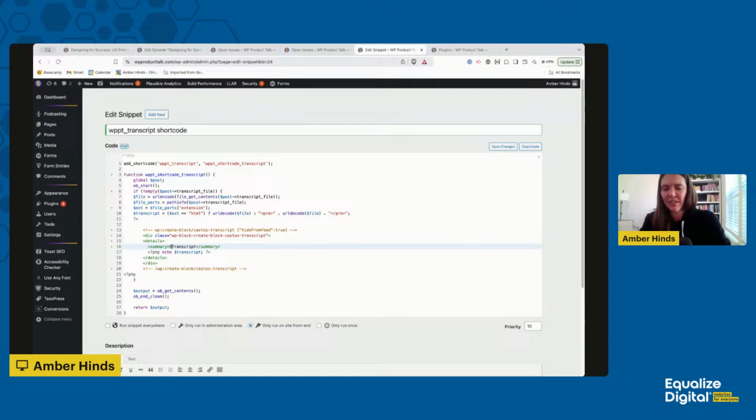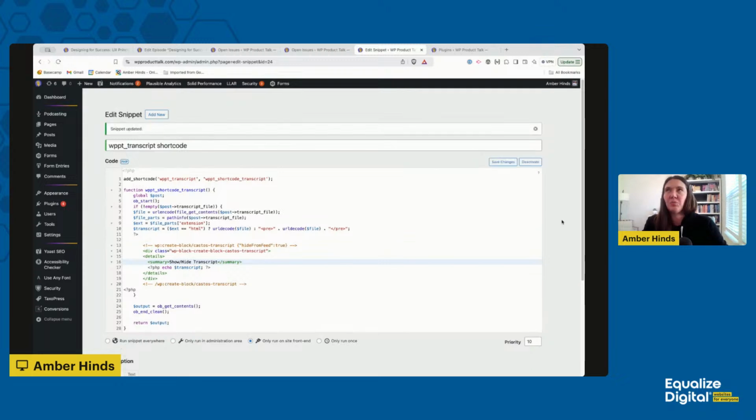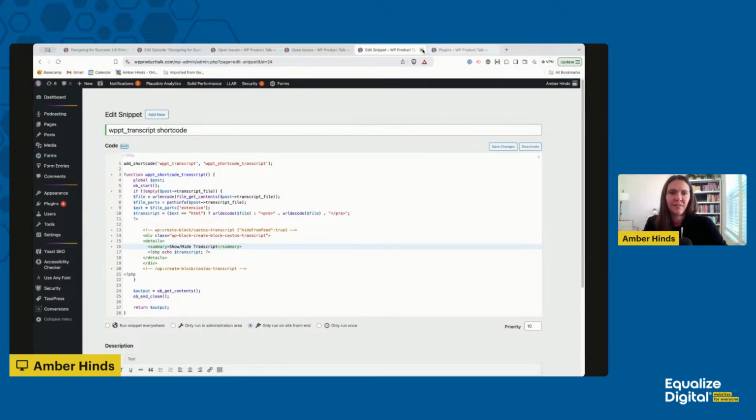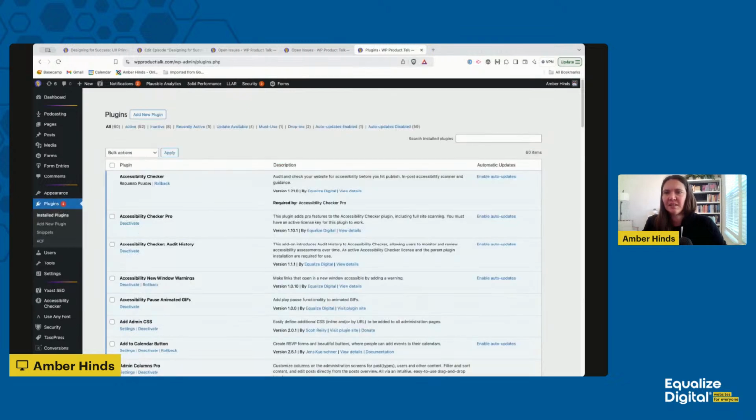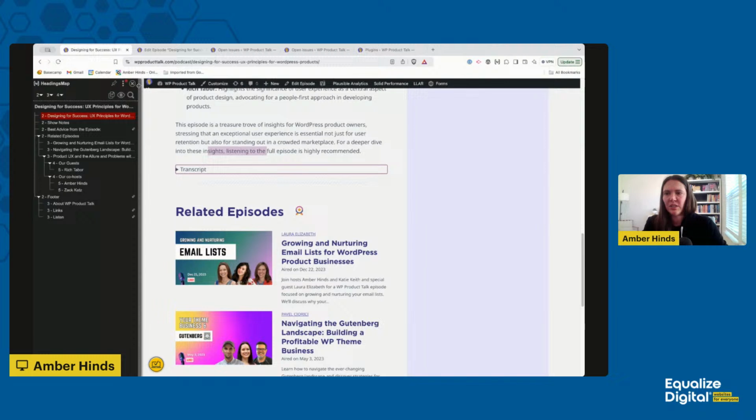So I'm going to actually make this say show/hide transcript. And then it will read expanded or collapsed, depending upon its state, to a screen reader user. All right, that's saved. That did way better. So I think that tells me that we have fixed pretty much what we need to fix in